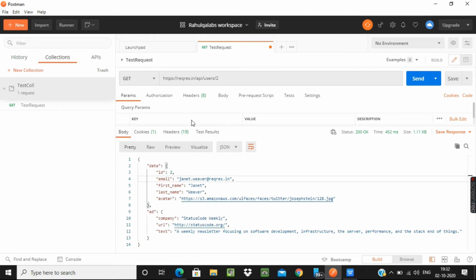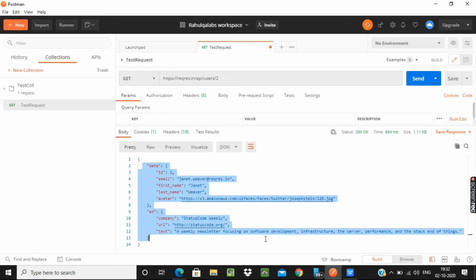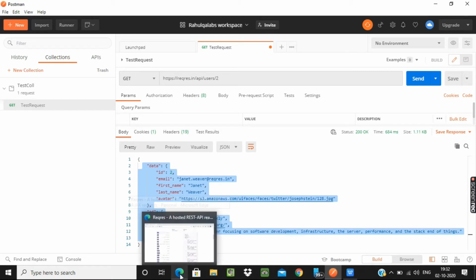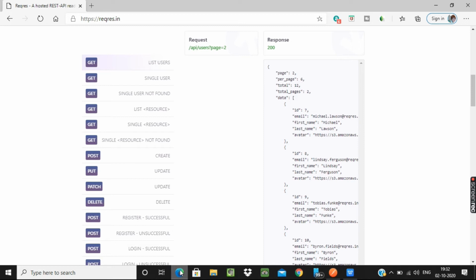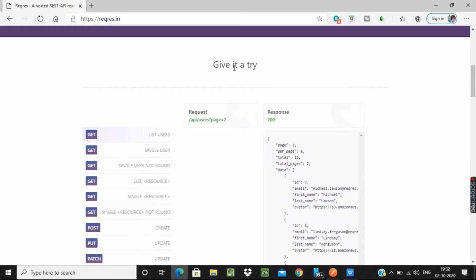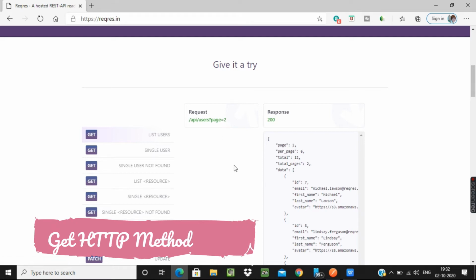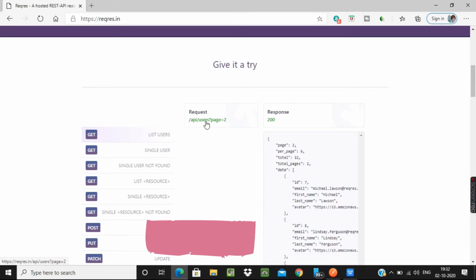Okay, so this is the Postman dashboard and I have with me a GET request, that is a test request. If we click on send, okay, see, it has given me this data. There are some sample APIs that are present here. I have taken APIs from here for testing or learning purposes. So let us take this GET API, like list users. It will provide you with the list of all the users. So let us try this one.